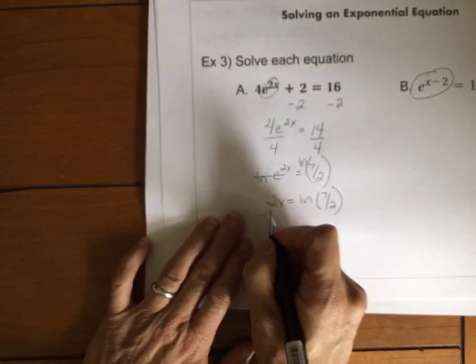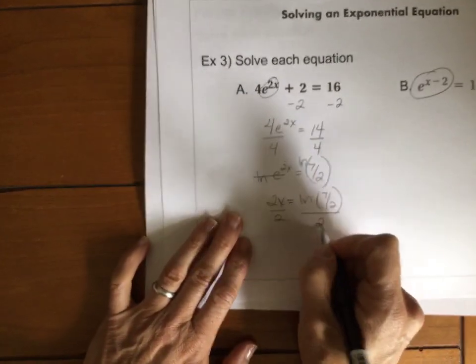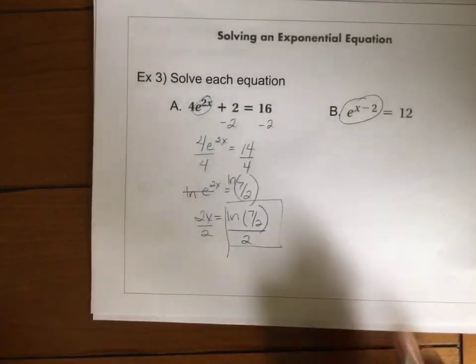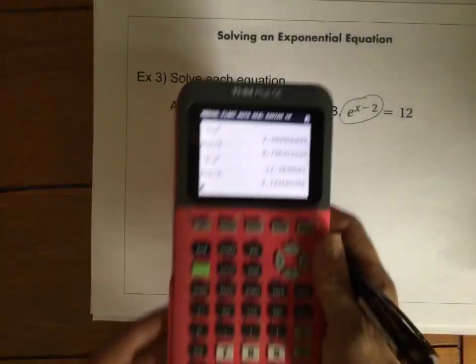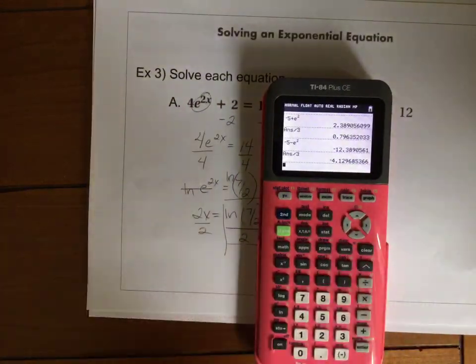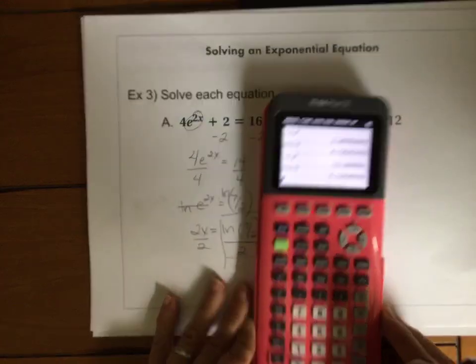And now all of that is divided by 2. So here's my exact answer. Now if I want to find the approximate answer, I'm going to, let me zoom in on my calculator here,